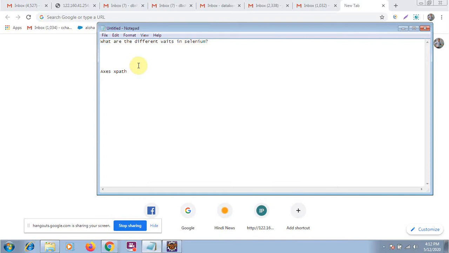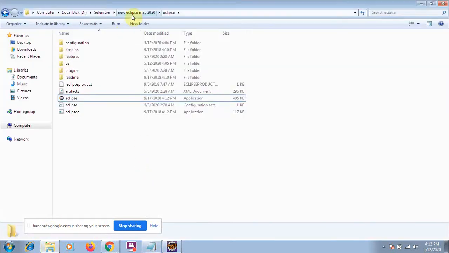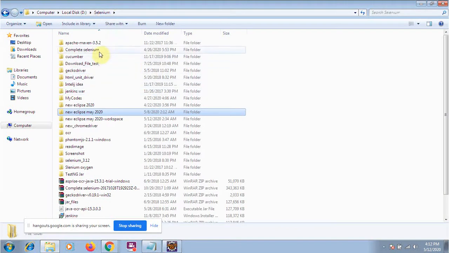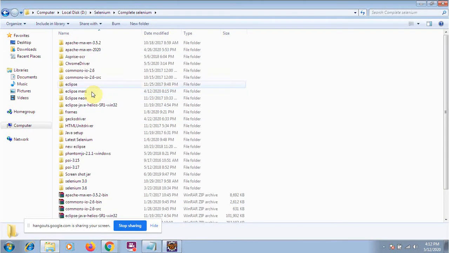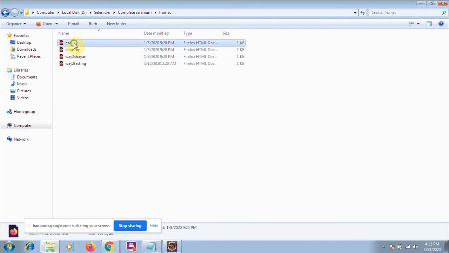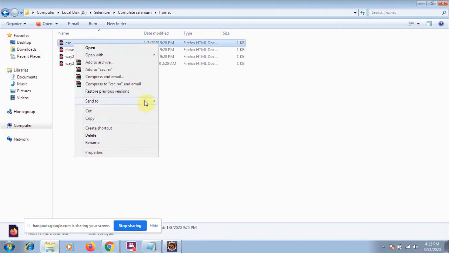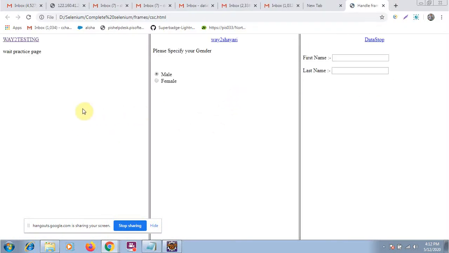if some element is taking some time to appear, I have designed a web page for this one. I will show you. In the previous lecture I have shown you the code about the frame. So I have just created a dummy code so that I can show you. Suppose that this is a web page and here we have three sections. You can see there is no text, but this text will appear after some time. Okay, let me refresh it. You can see there is no text, but it will appear after some time.